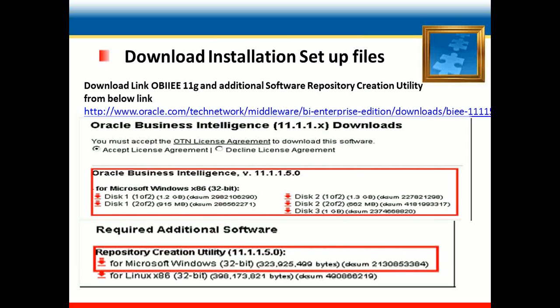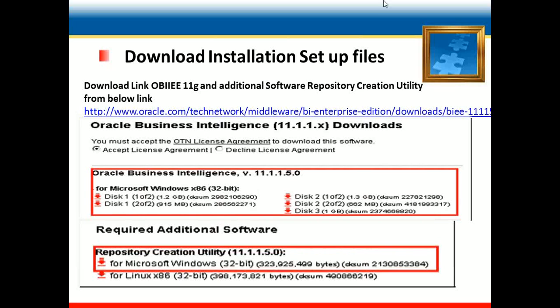We can download OBI EE 11G setup files from the Oracle link, and there is software available on this Oracle site, and we can download the repository creation utility for OBI 11.1.5 and the Oracle Business Intelligence 11.1.1.5 installable files are also available on this site.